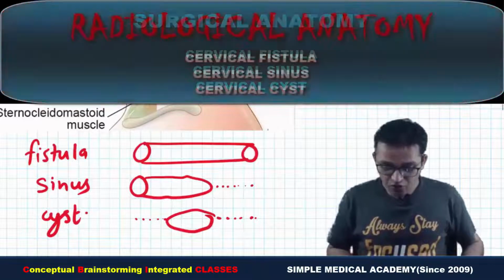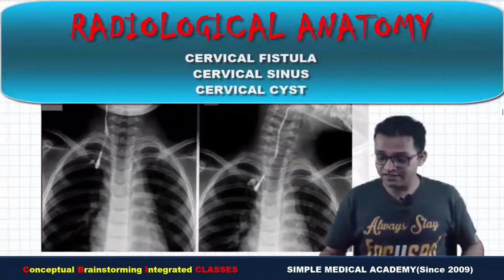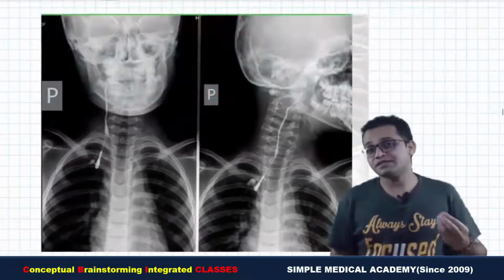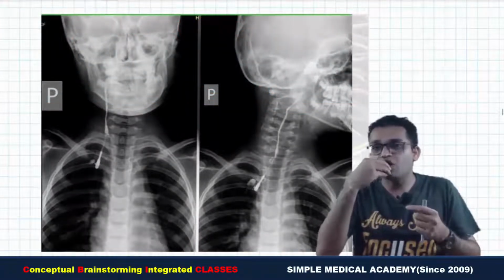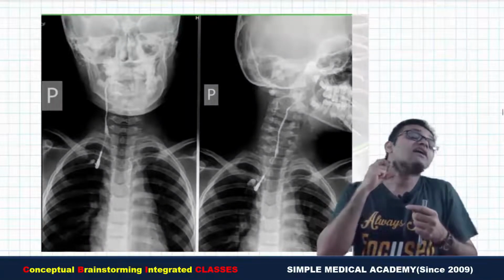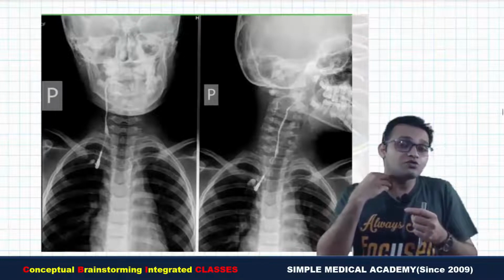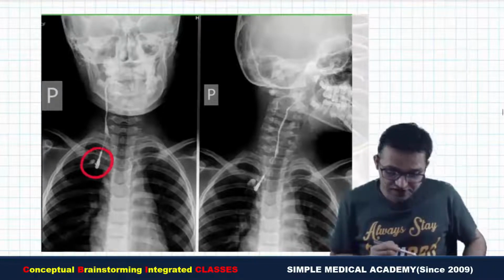Okay, now correlate with your radiology. Can you see? If any patient is presenting with a cervical fistula, meaning two openings, and the patient is eating food or fluid, then through the two openings, from the inner opening inside the mouth and the outer opening along the anterior border of the sternocleidomastoid, the food will come outside. Then you are doing the radiological examination.